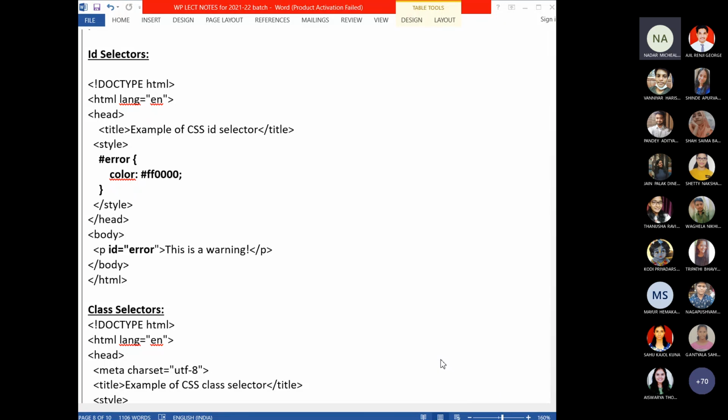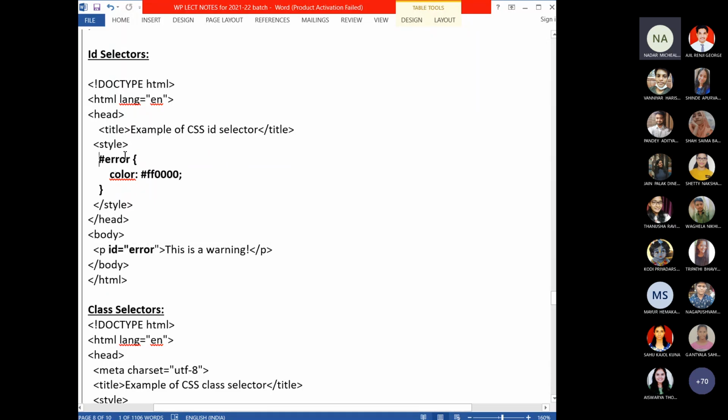Ma'am, if we select an ID, then the code will run through specific tags only. But if we choose the element selector, then all similar tags will get the style. Yes. When you use an ID like this, in any tag, just by adding the ID attribute, you can use the style definition.